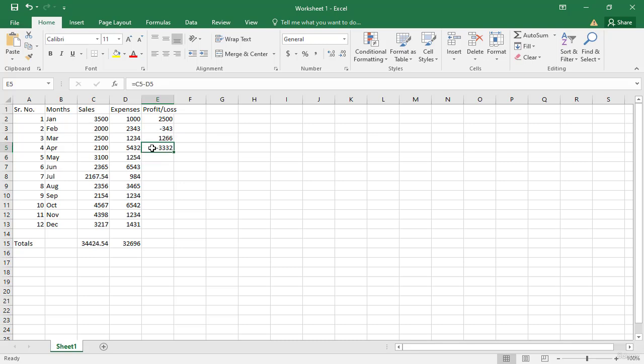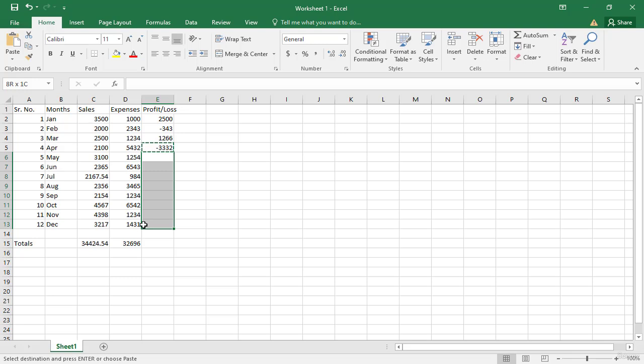I want to click on this cell which is formula based and use Control C. So hold down the Control key on your keyboard and at the same time press C, that is Control C, which copies to the clipboard. Or you can click on this cell and click on this copy icon, which is the same as Control C, which I used from the keyboard shortcut. And then I can